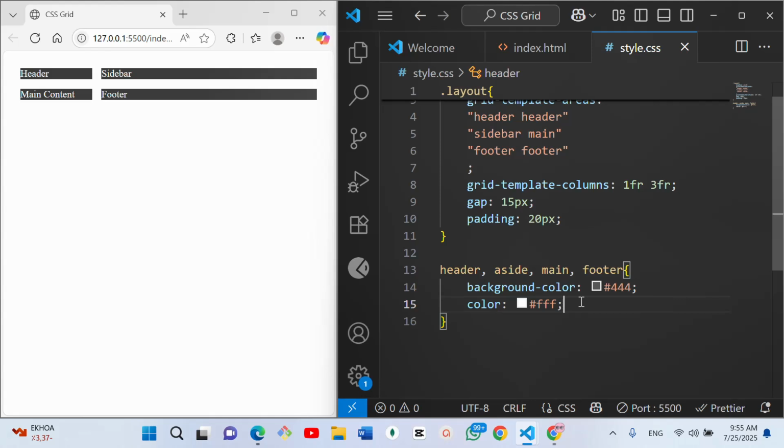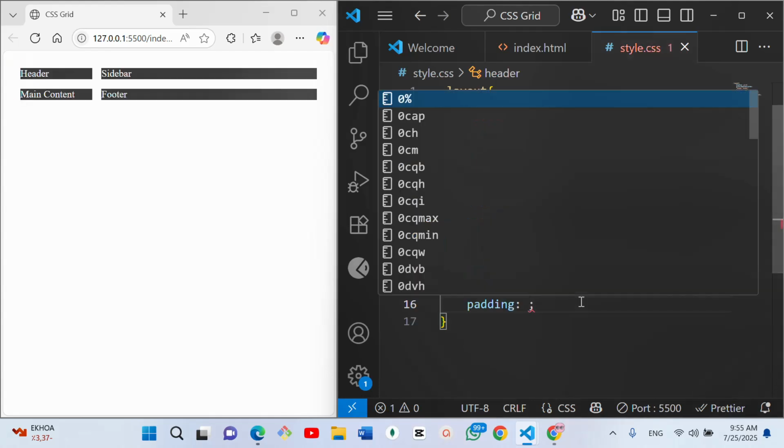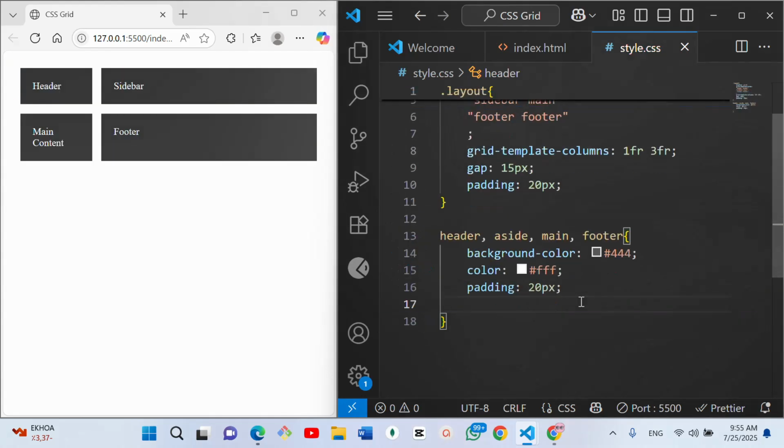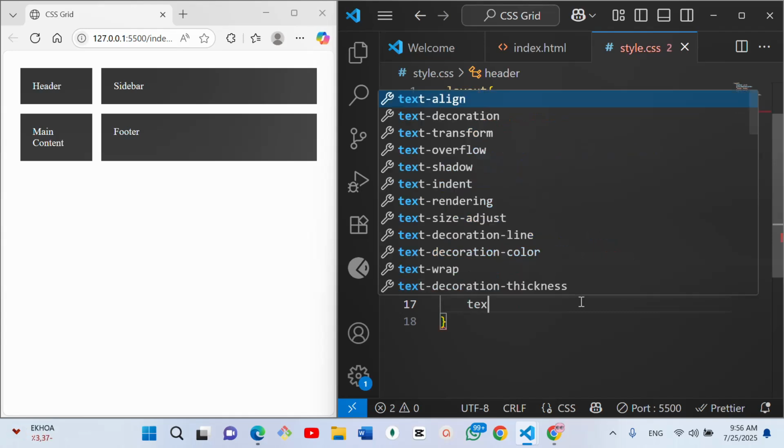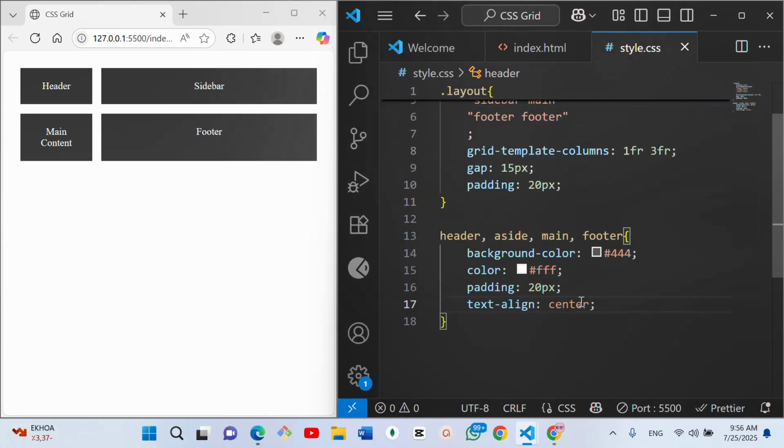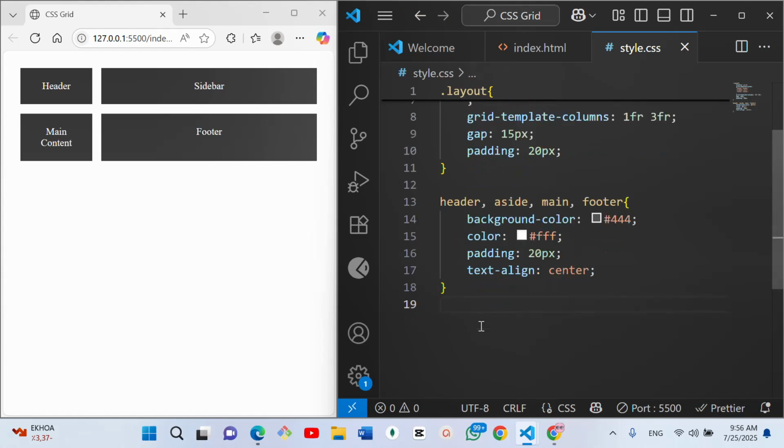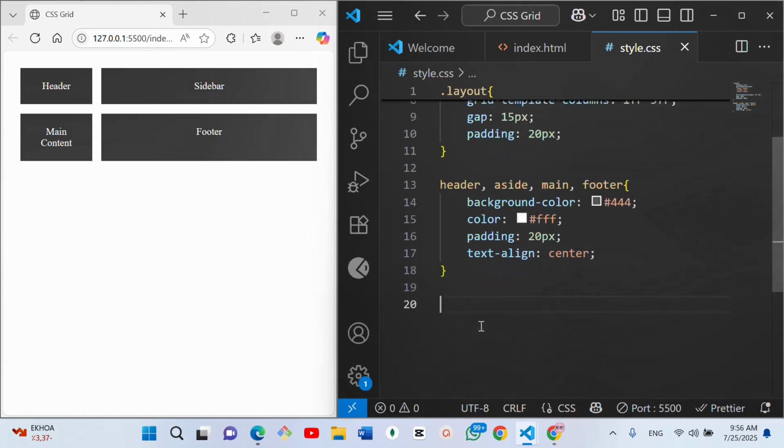Then I'm going to give them padding of 20 pixels. Also, let me just text-align center. Okay, so we have this now, and that differentiates all of them the way we want to see them. But this is not what we want to achieve. So to actually achieve that, we move to the next page, where we want to declare